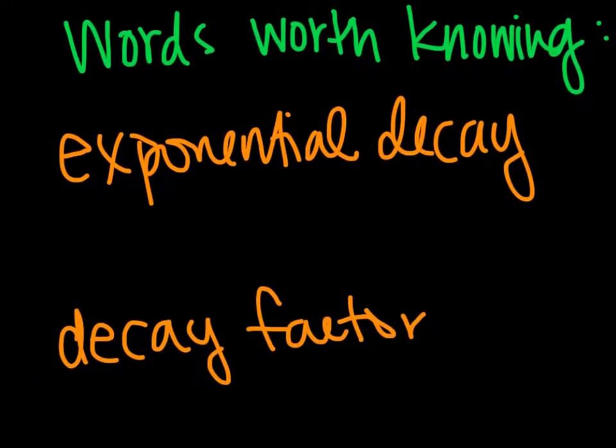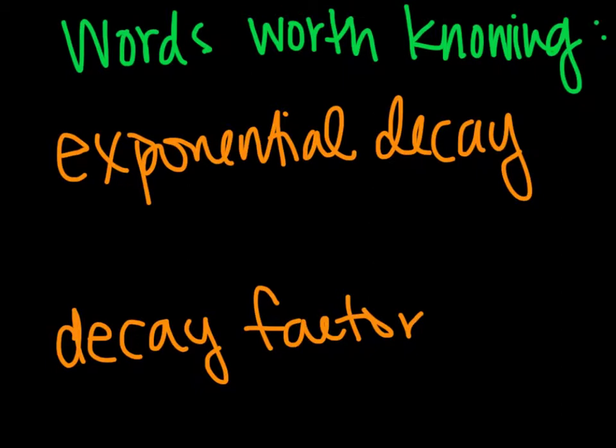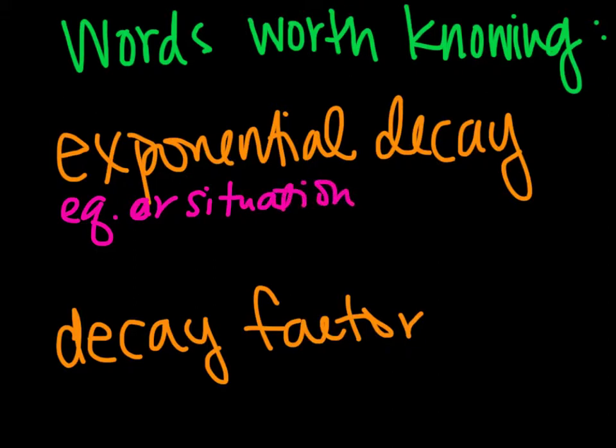So here's some words worth knowing. I'd like you to add this to your words worth knowing section. First of all, we have exponential decay. In exponential decay, we are essentially looking at an equation or a situation that shows a constant decrease. You could be looking at medicine inside someone, or nuclear waste, and thinking about how much waste or nuclear radiation there potentially is and how that decreases. So it's an equation or situation where